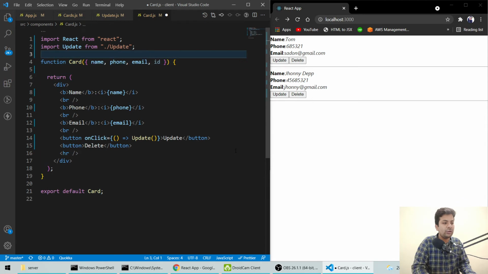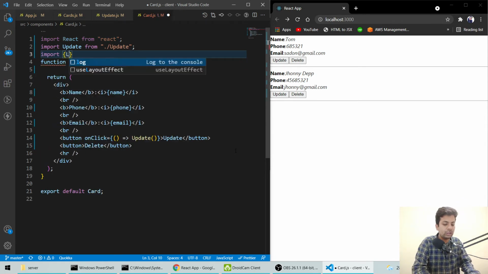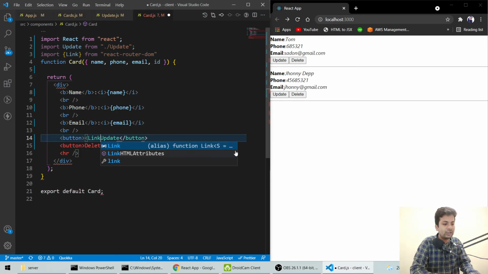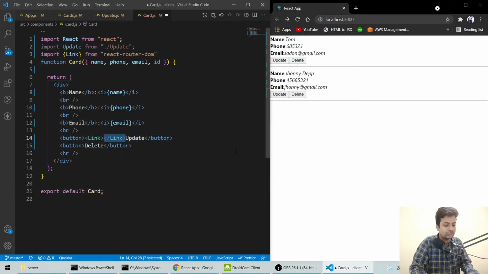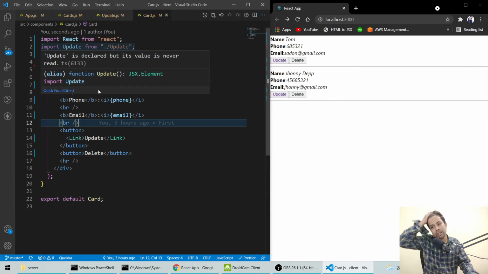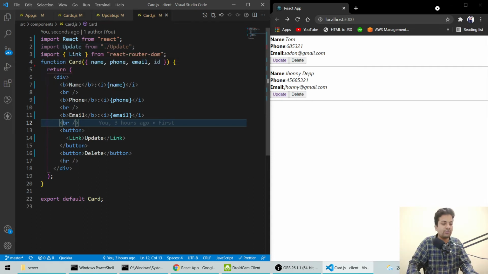So for that we'll import Link from React router DOM, and we'll wrap this button in Link. We just use the Link component for sending it to the update page. Now here I want to define where I want to send.